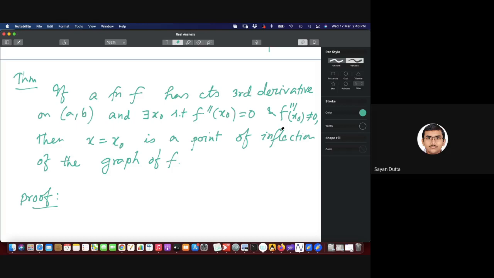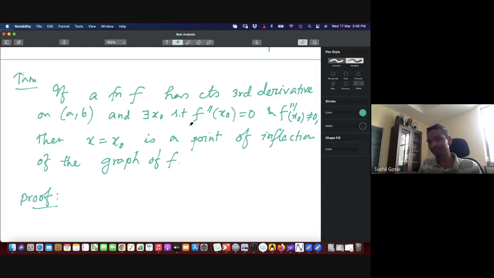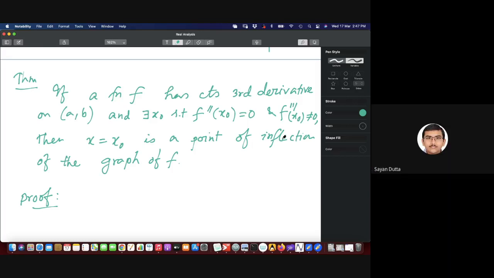If it's an odd derivative, then it changes sign. If it's an even derivative, then it doesn't. Suppose this third derivative is non-zero, the second derivative is zero, and you don't know about the other derivatives. But suppose it is differentiable, then how do the higher order derivatives contribute? They don't contribute anything. I mean, not anything significant. Because the first term, which is f triple prime, the third derivative,